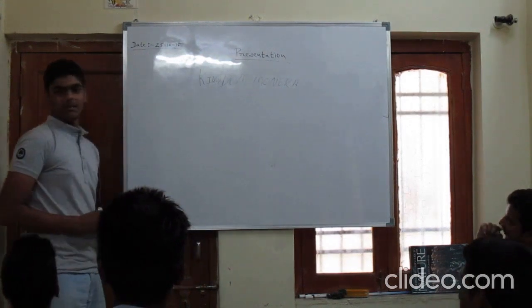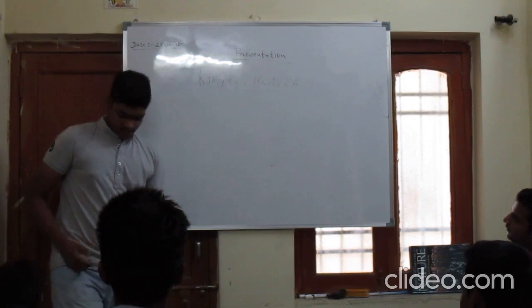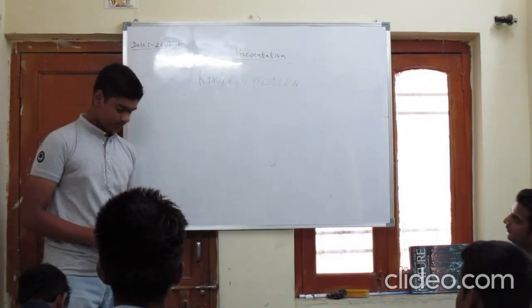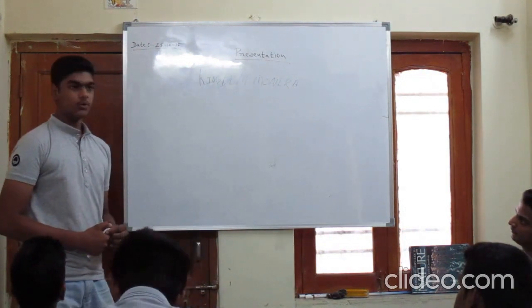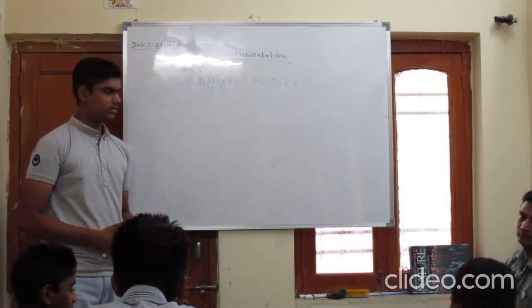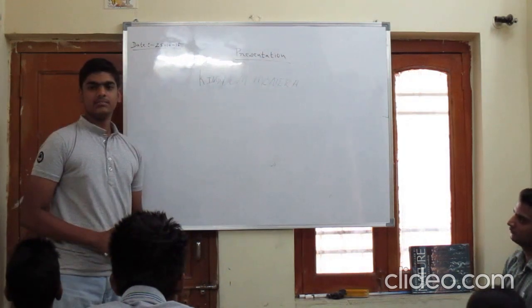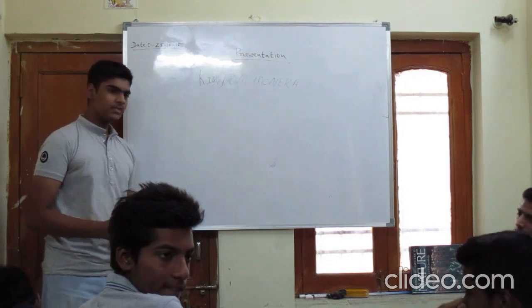Kingdom Monera. Bacteria are the sole members of the Kingdom Monera. The cell type of the Kingdom Monera is prokaryotic and unicellular. The cell wall is made up of peptide and glycan, or murein, it is a type of glycopeptide. Cell membrane: the cell membrane of the bacteria is made up of lipoprotein, lipid plus protein,